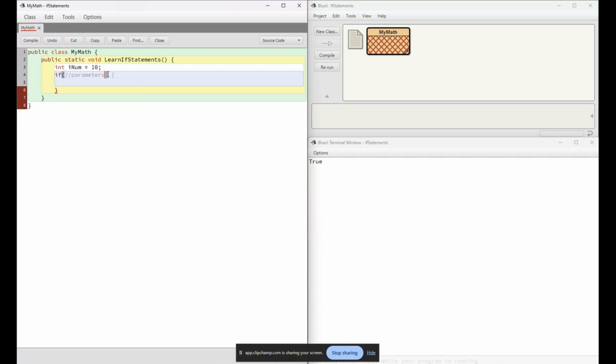So let's go back, delete this. Let's say if inum, which doesn't have to be inum, could be any variable name, if inum is greater than 5, okay? Which is a true statement, because inum equals 10. Inum is greater than 5, because 10 is greater than 5. So you would say system.out.println,